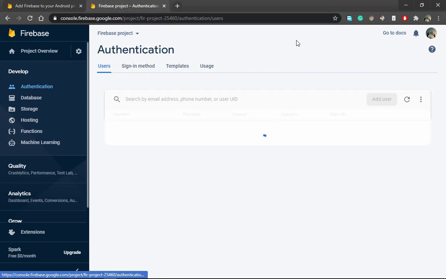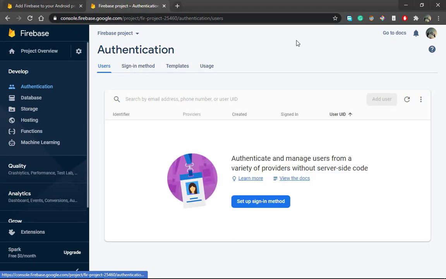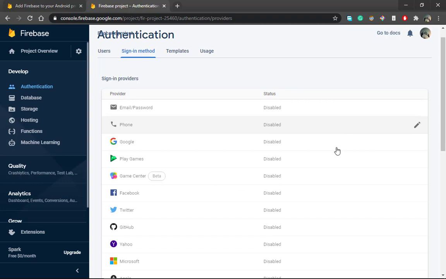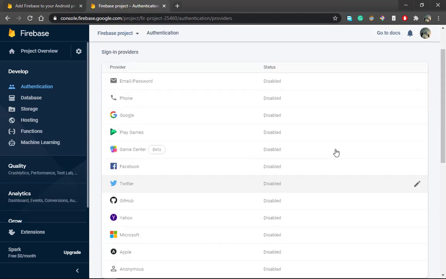So let's wait for it first. Okay. So these are the sign-in providers. There are a lot of them now. They even added Apple, Microsoft, and Yahoo. This wasn't there before when I started using it. But the one we are interested in for now is the